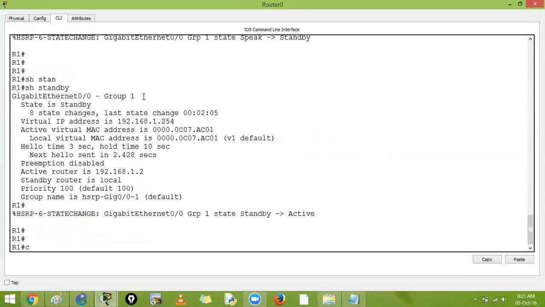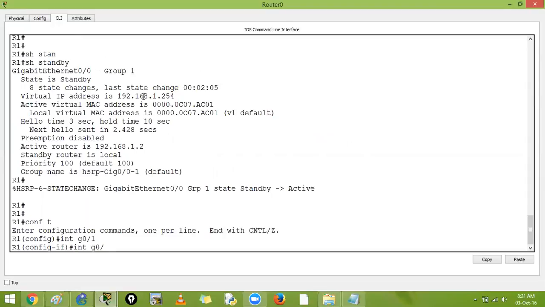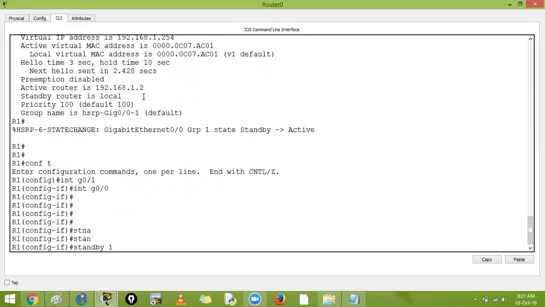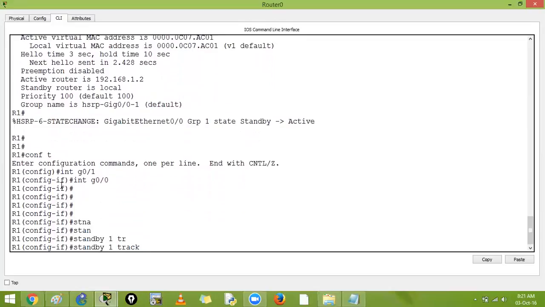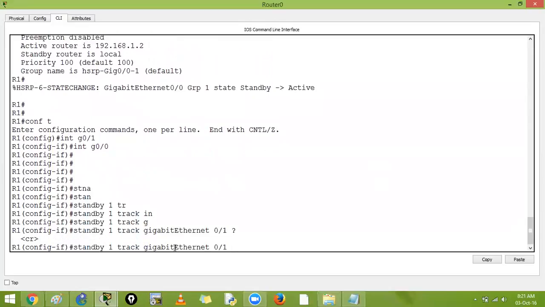What are we doing here? Configure terminal, interface G0/1. Sorry, G0/0. I will say standby 1 track. So I tell the router, standby 1 on the interface where all the commands are inside G0/0: standby 1 track interface gigabit 0/1. And here you can specify decrement by 10. So if your upstream link goes down,